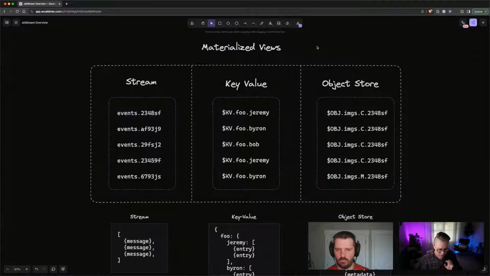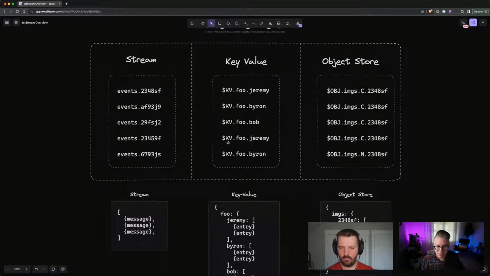Is you can use NATS for your microservice communication. You could use NATS for your durable queues or streams of data. But then you can also represent a key value store or an object store. And so, things you would normally use Redis or maybe MinIO or S3 for, you can actually use NATS to store all of this stuff. And so, if you were to take a mental model of all of this stuff is just a stream under the hood with a globally ordered set of messages, they all have the same shape, but maybe the actual subjects themselves look a little different,